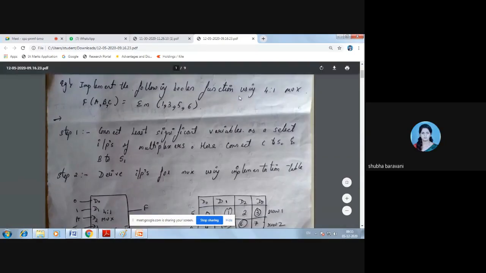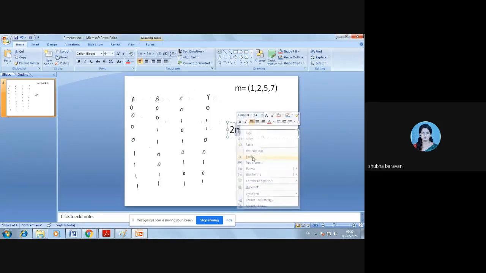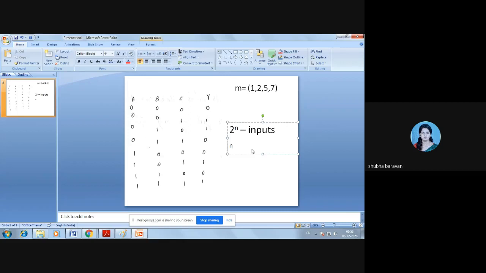Okay, see, when you are implementing a multiplexer, a multiplexer is a device which is having, by definition, 2 power n inputs, n select lines, and one output.